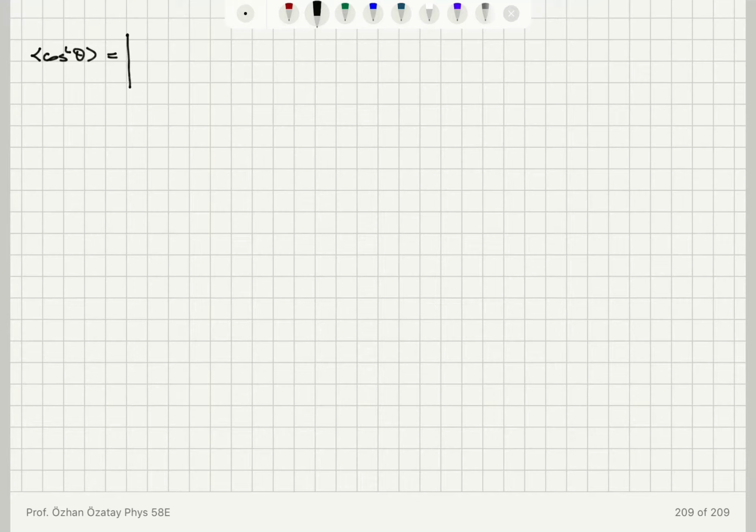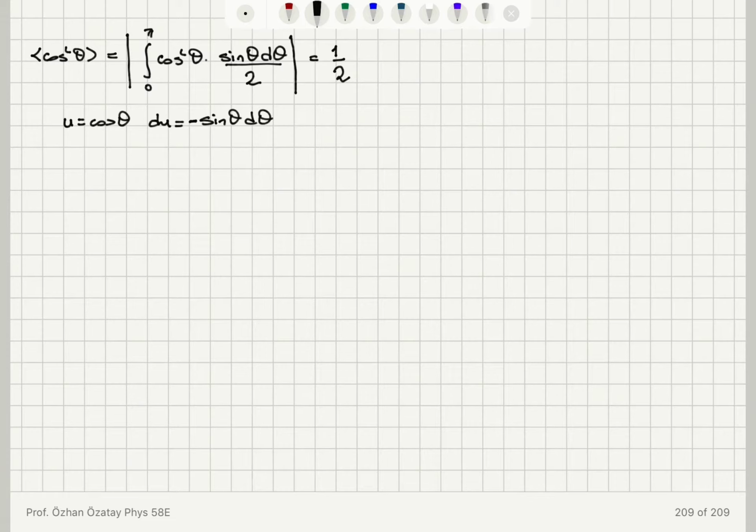It's the absolute value of the integral from 0 to pi of cosine square theta, the probability density sine theta d theta divided by 2, absolute value, and this will be equal to 1 over 2, and if I call u as cosine theta, du is actually minus sine theta d theta, and so you can see that you will have in absolute value here